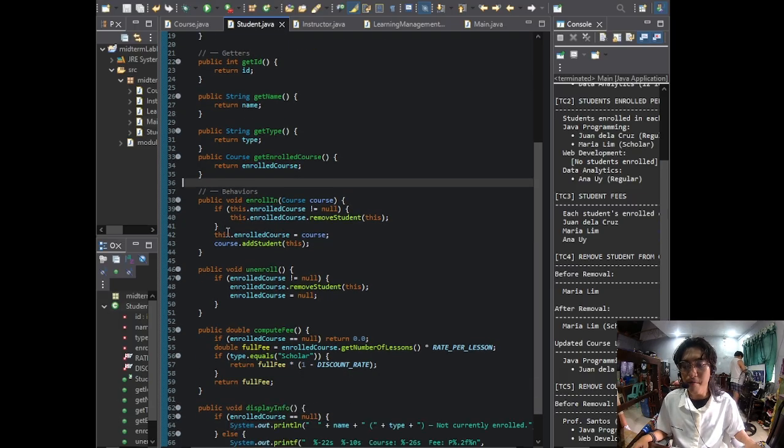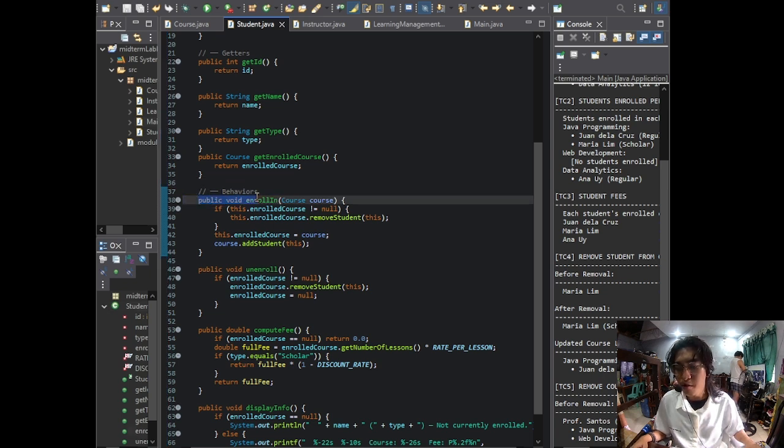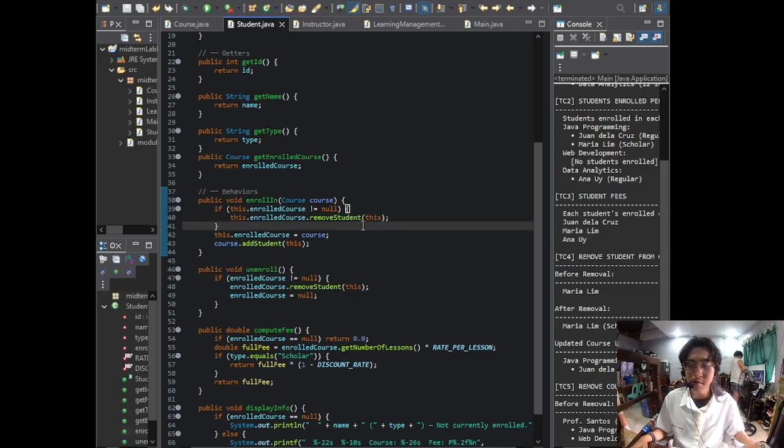Then the behavior methods. Public void enrollInCourse(Course course): if this.enrolledCourse is not equal to null, this.enrolledCourse.removeStudent(this). This enrolls the student into a new course.